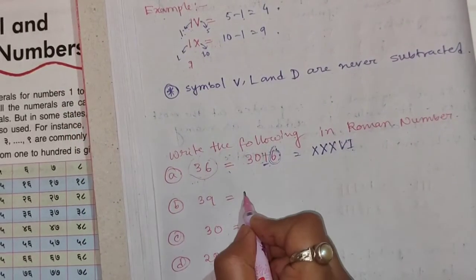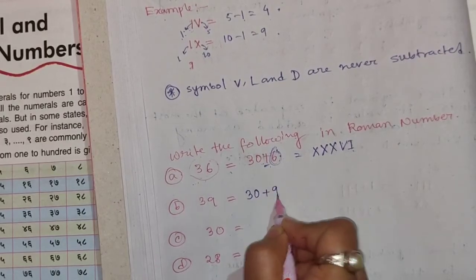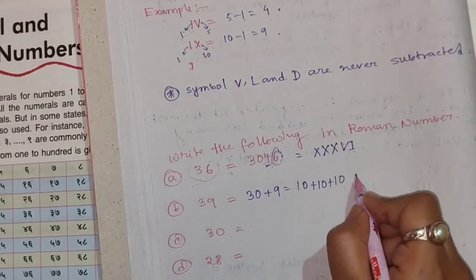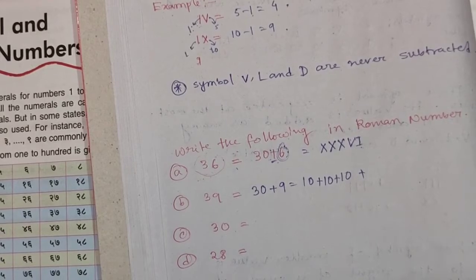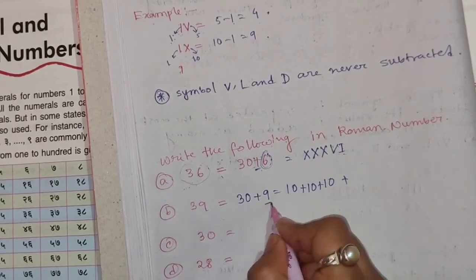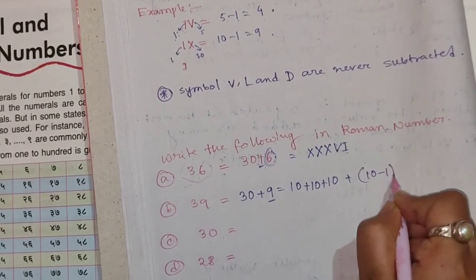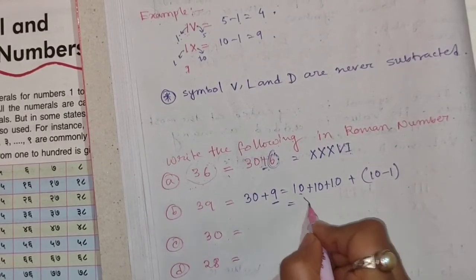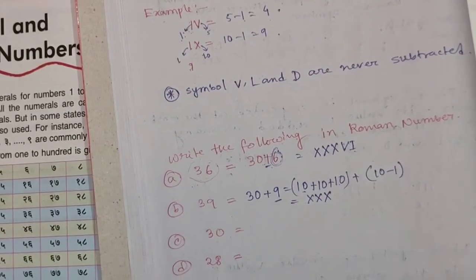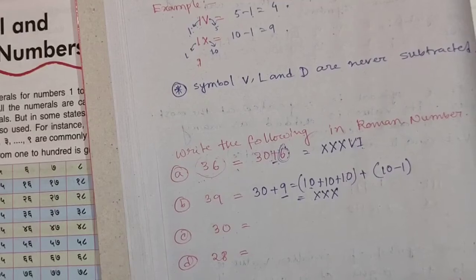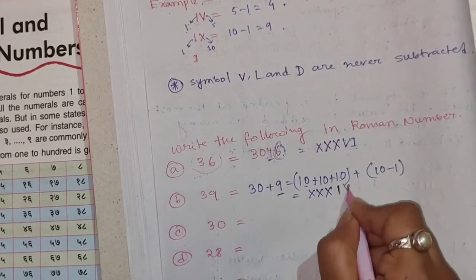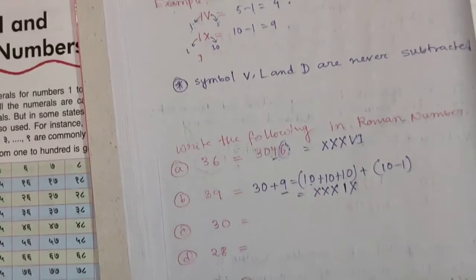Next 39. 39 কে আমরা কিভাবে লিখতে পারবো? 30 plus 9. 30 কে আমরা আবার লিখতে পারি 10 plus 10 plus 10 and 9 কে আমরা লিখতে পারি, আমরা যেহেতু 10 এর রোমান নিউমেরাল জানি, 9 কে আমরা লিখব 10 minus 1 করে। তাহলে 10 কে এখানে 3 টাইমস সেট করা আছে, তাহলে XXX 30 কে লিখলাম। এবার 9 কে আমরা লিখব 10 minus 1। তাহলে 1 কখন মাইনাস হয়? যখন স্মলার ভ্যালুটা আমাদের লেফট সাইডে লেখা থাকে। তাহলে স্মলার ভ্যালুটা লেফট সাইডে লিখলাম and then গ্রেটার ভ্যালু X, তাহলে এটাই হবে 39 এর রোমান নিউমেরাল।